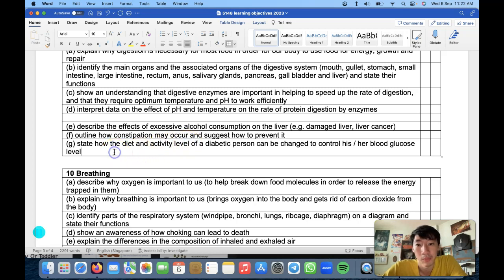Of course, how will a diabetic person monitor his blood level? He will be using this device. They put it on their finger, where they take a small bit of blood from the finger and read how much blood glucose is in the person. If it's too high, they need to take an insulin jab. They will have to jab this device into their body. There's insulin inside that liquid, so it helps to control the blood glucose in their body.